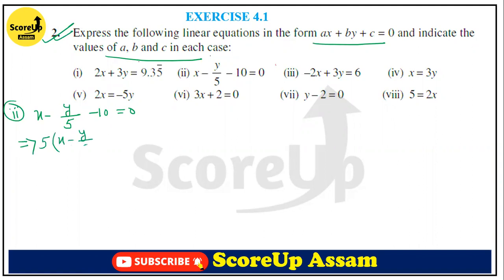And we can do this, right? If we multiply both sides with 5, we can do this because this is an equation. So it will be what ultimately? 5x minus 5 into y by 5 minus 5